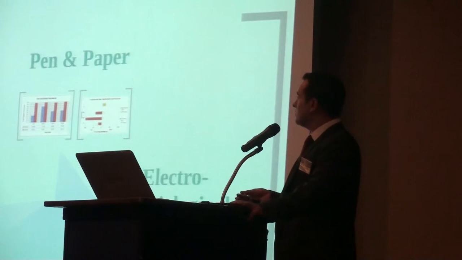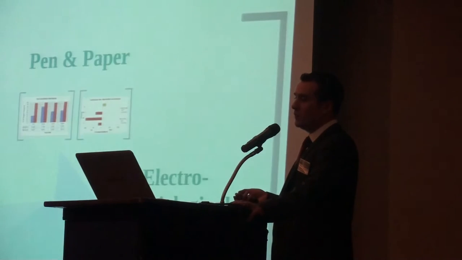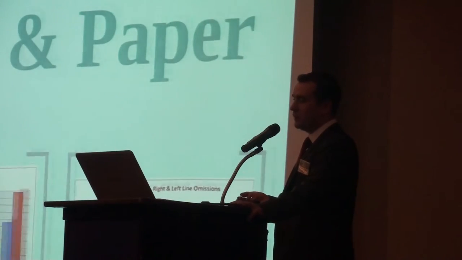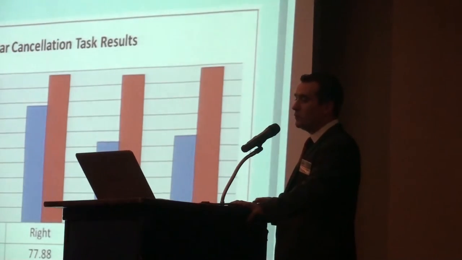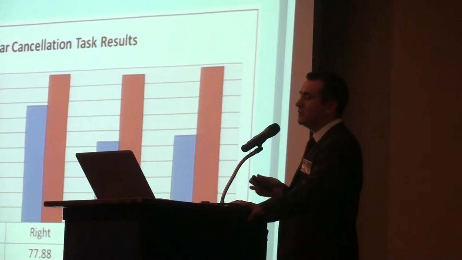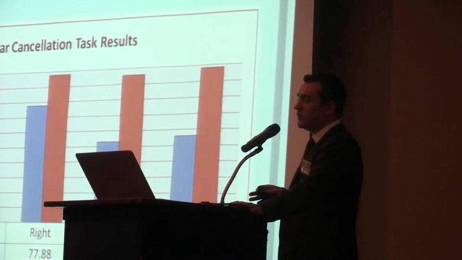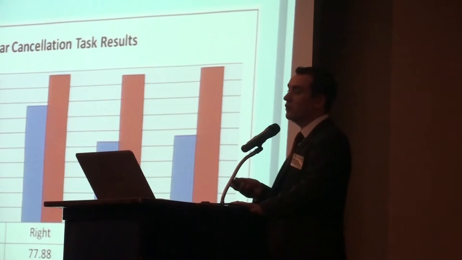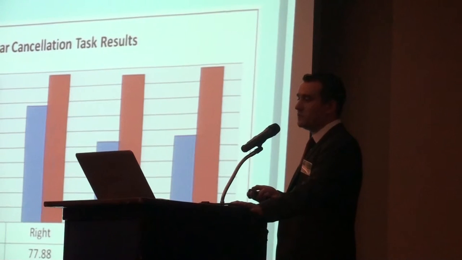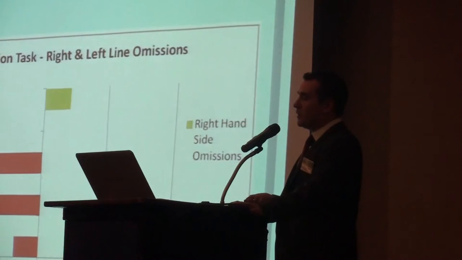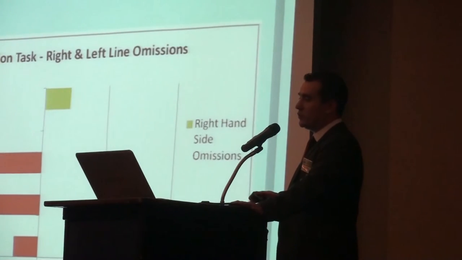Just quickly go through some of the main results that I got from the research. If we look at the pen and paper, which are nothing new, we'll see that the patient, which is in the blue, for the left and the right means the hemispace. So the left-hand hemispace is where the target occurred, or the right, and similarly so with the lower and the upper. You'll see that the patient scored significantly below what the control group scored on all ranges or all visual fields. But you'll see the difference between the left and the right for the patient in the blue, here and here. Looking at a line bisection, it's not just about bisecting the line, they also omit lines that are on the left-hand side of the page, which is something to do with object-based